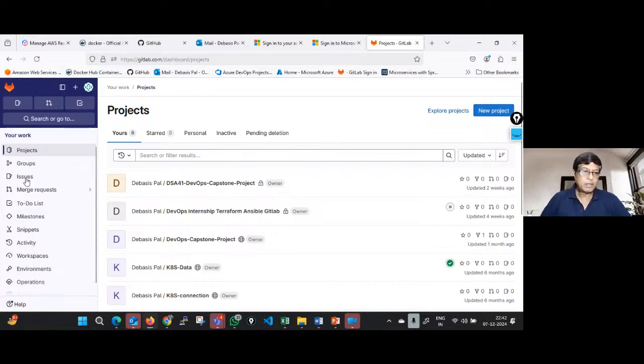So here, on the left-hand side, this is the navigation bar. On the left-hand side, you will see there are many options. One of those is,